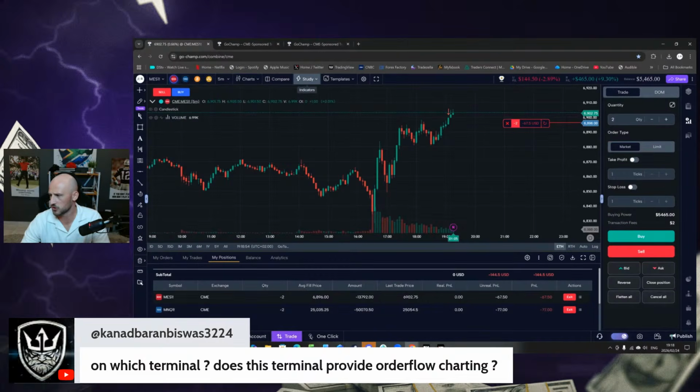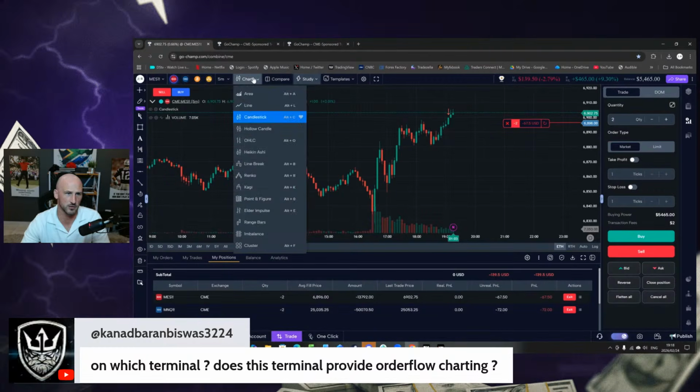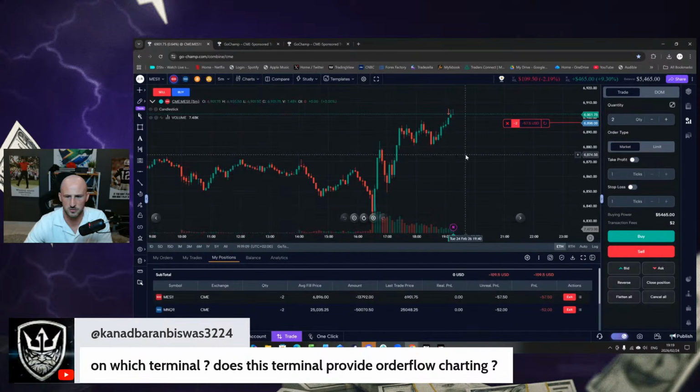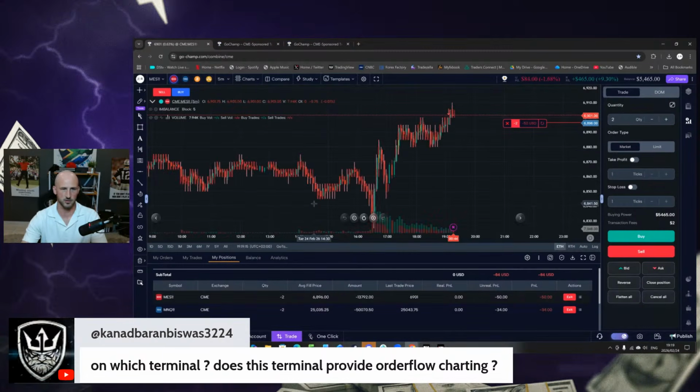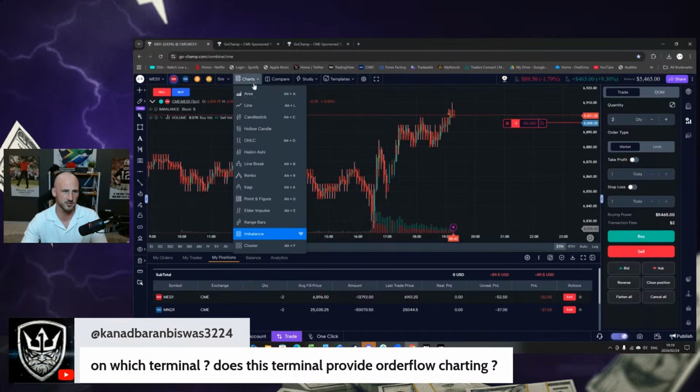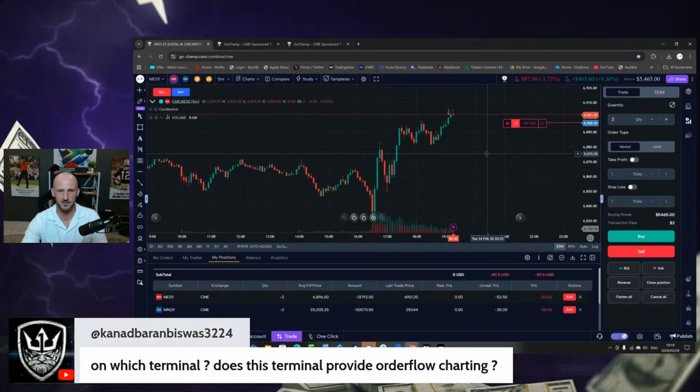Yeah, in the charts, you can choose cluster footprint charts. There we go. So over here, you can also choose the different charts that you want to see, cluster, or you get the footprint as well. Yep, I see that. Yeah, you get the Renko charts too. Yep. So it looks like we're coming down now at the moment. Yeah, imbalance. Okay, got it. There, imbalance. Yep. So you can look at that too. I personally don't use this, but I like the Japanese candlesticks.